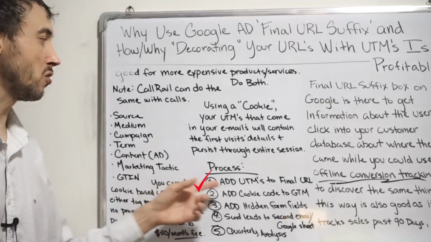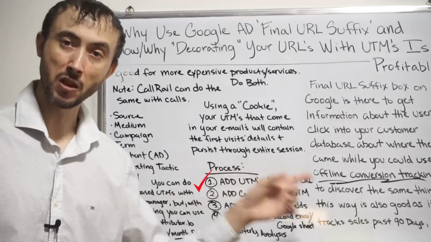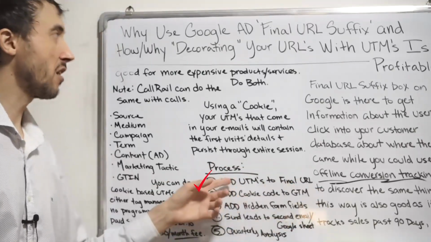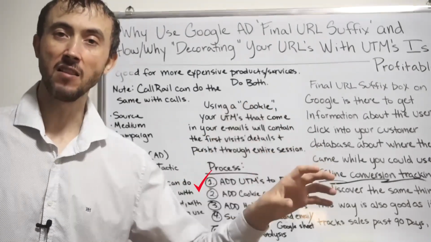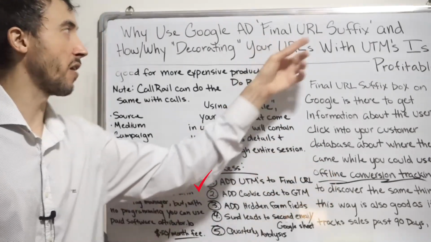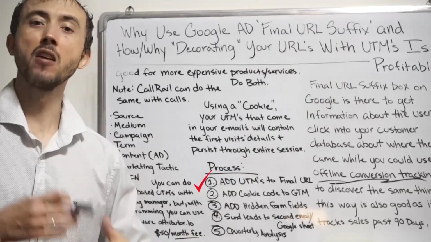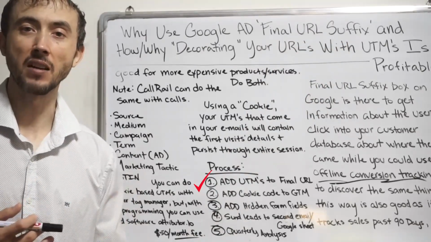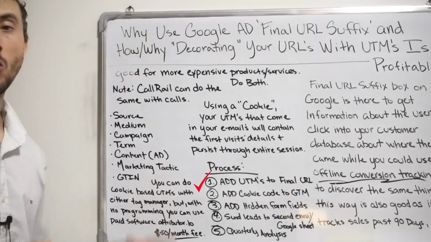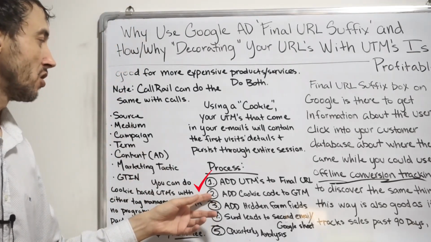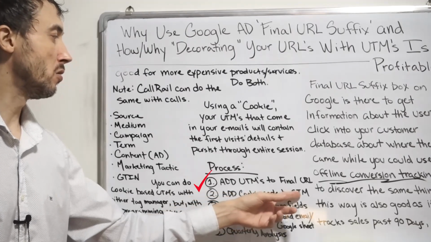And if you use the UTM builder that Google offers the public for free, it'll tell you, based upon the information from that campaign and that ad that you're trying to fill in the final URL suffix details on, how to actually put the information in that box by asking you basic questions, and then you do that for every ad. Once you've done that for every ad, you're going to add a cookie code to Google